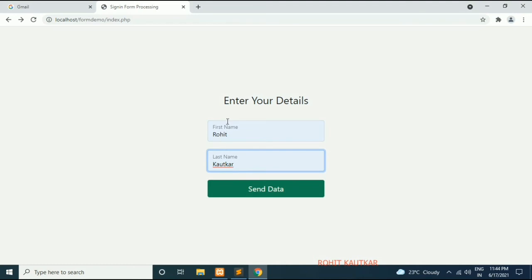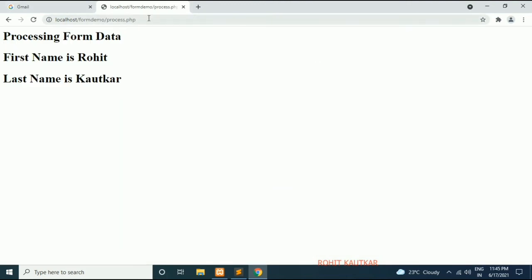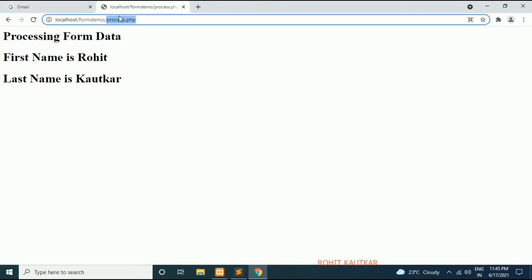Our form has the post method, and while using the post method the submitted data is not visible within the URL, exactly opposite to the get method. Now if I click on send data, you can see here in the URL we have only process.php as a file name. We do not have any data here.